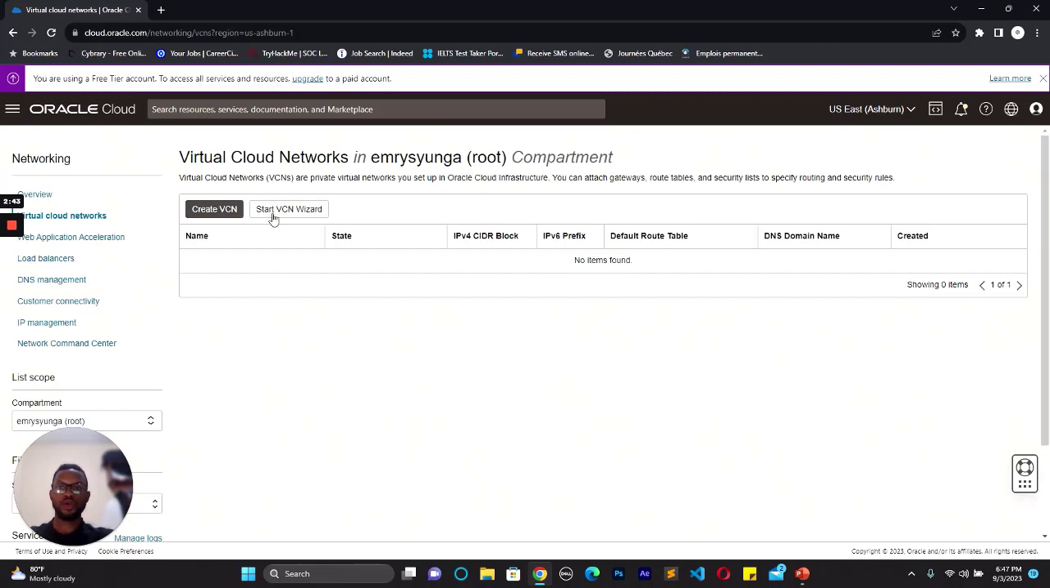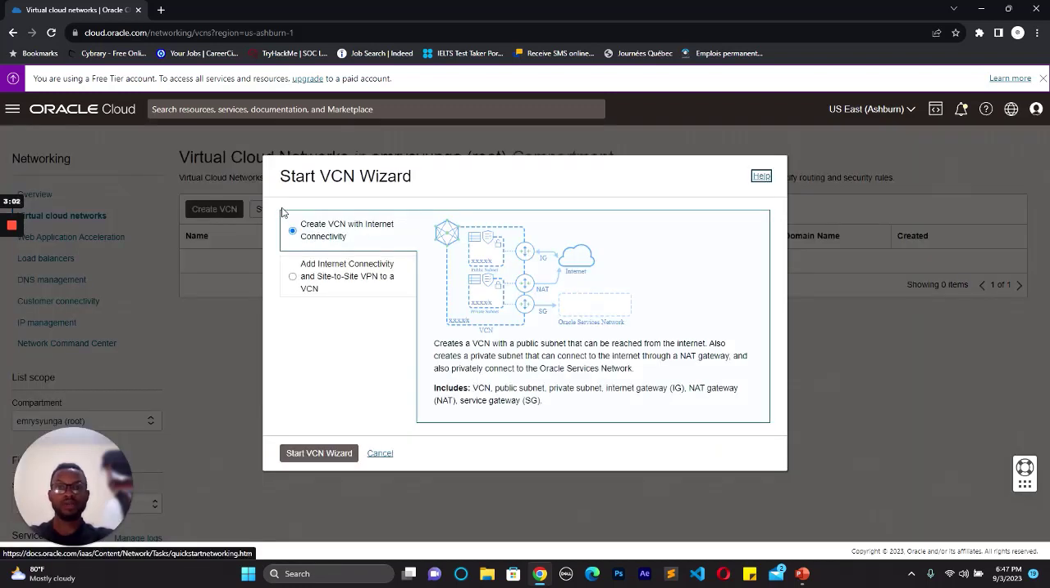Once we are here, we can use the create VCN option. If we use this option, then after creating the virtual cloud network, we are going to manually create a private and a public subnet. We have to manually create everything. But if we use this start wizard, and that's what we're going to use, it's going to automatically create some things for us. Like right here on this diagram, it says that it's going to create a VCN, and it's also going to create an IG,